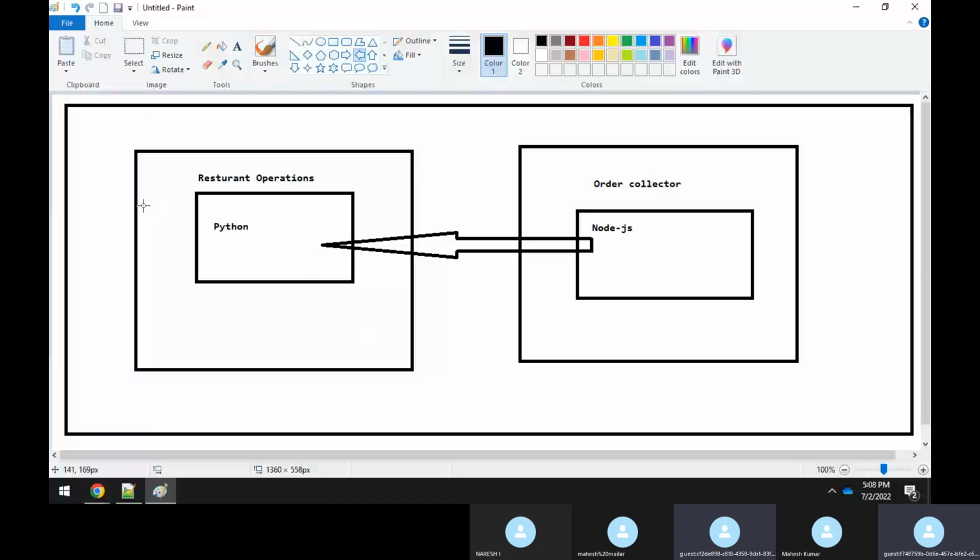Similarly, the restaurant operations application, which is written in Python, should understand whatever data has been sent by your order collector. So there has to be some kind of communication between these two applications. Python really cannot understand the Node.js language format, and similarly, Node.js doesn't understand Python, but there has to be a way where both these applications can communicate with each other, and that is with the help of what we call